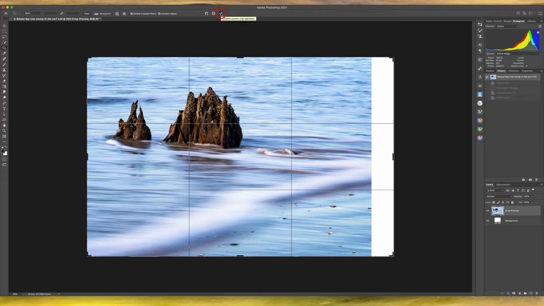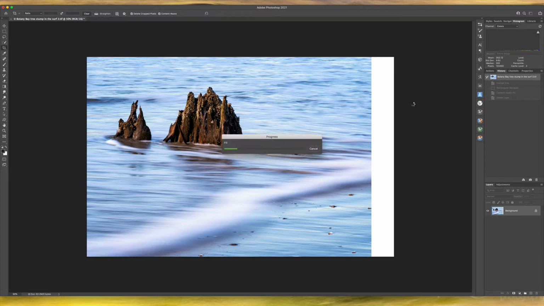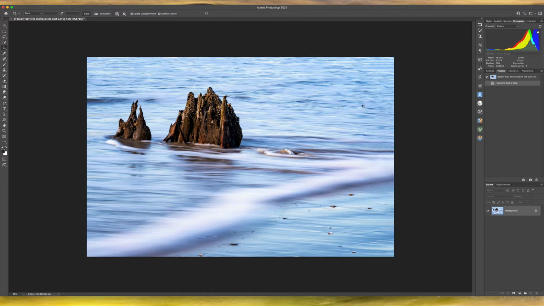Okay, and then I have to commit to it to actually see what happens. So it actually says commit current crop operation. So there we go, and it will sample the surrounding pixels and fill it in for you. Things to watch out for here are maybe repeating patterns. So I can see right here that this is a repeating pattern. I might come in here with the stamp tool and maybe try and fix that. Sample from over here